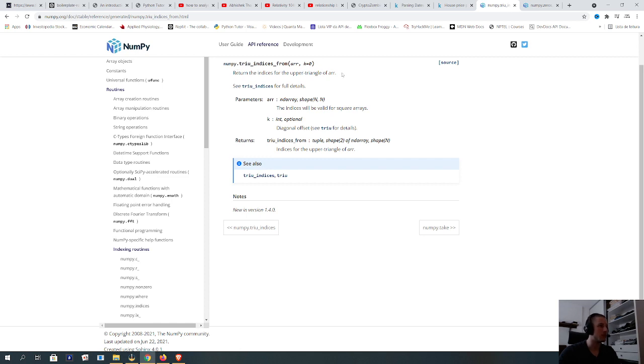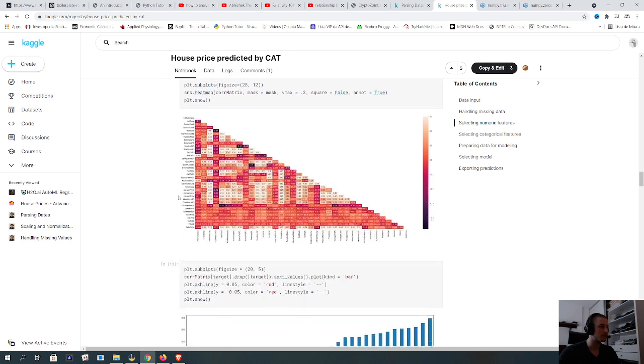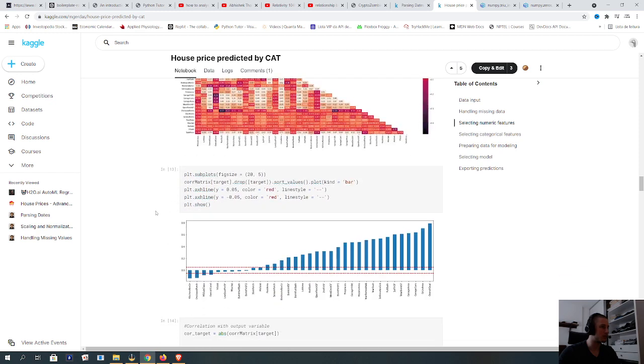He's using this to take the other half off. So he's creating the blank part here. And I'm not sure why exactly he's doing that, but